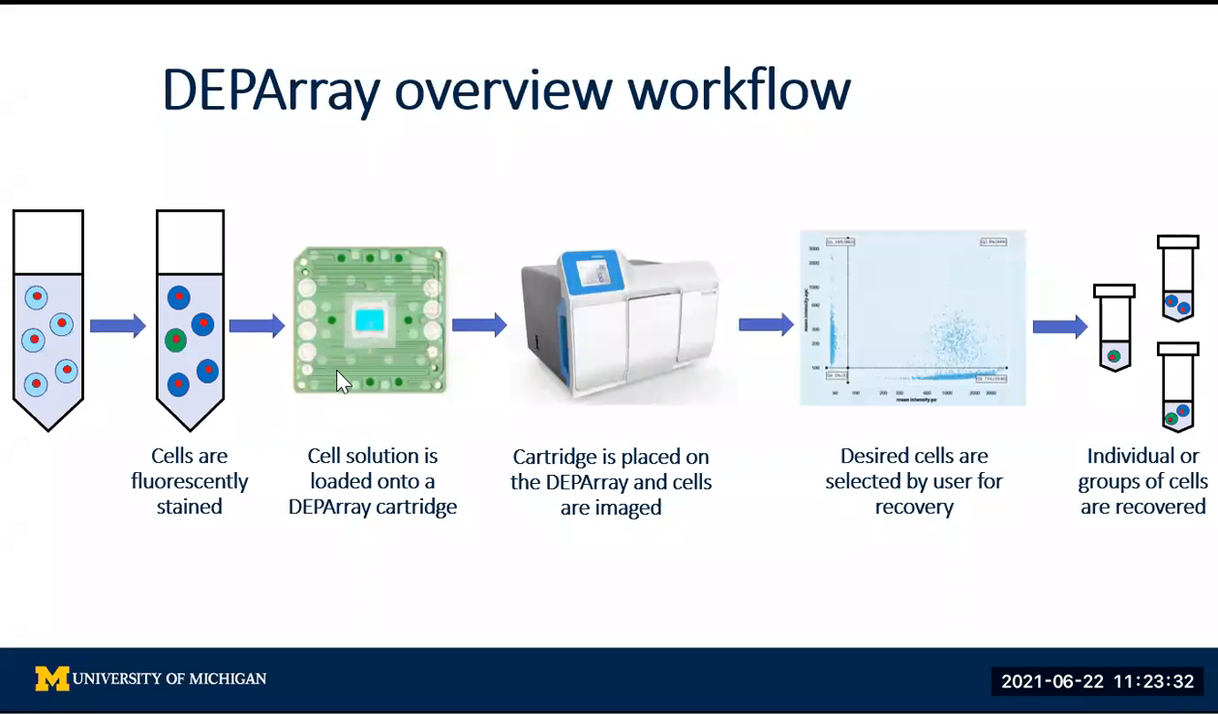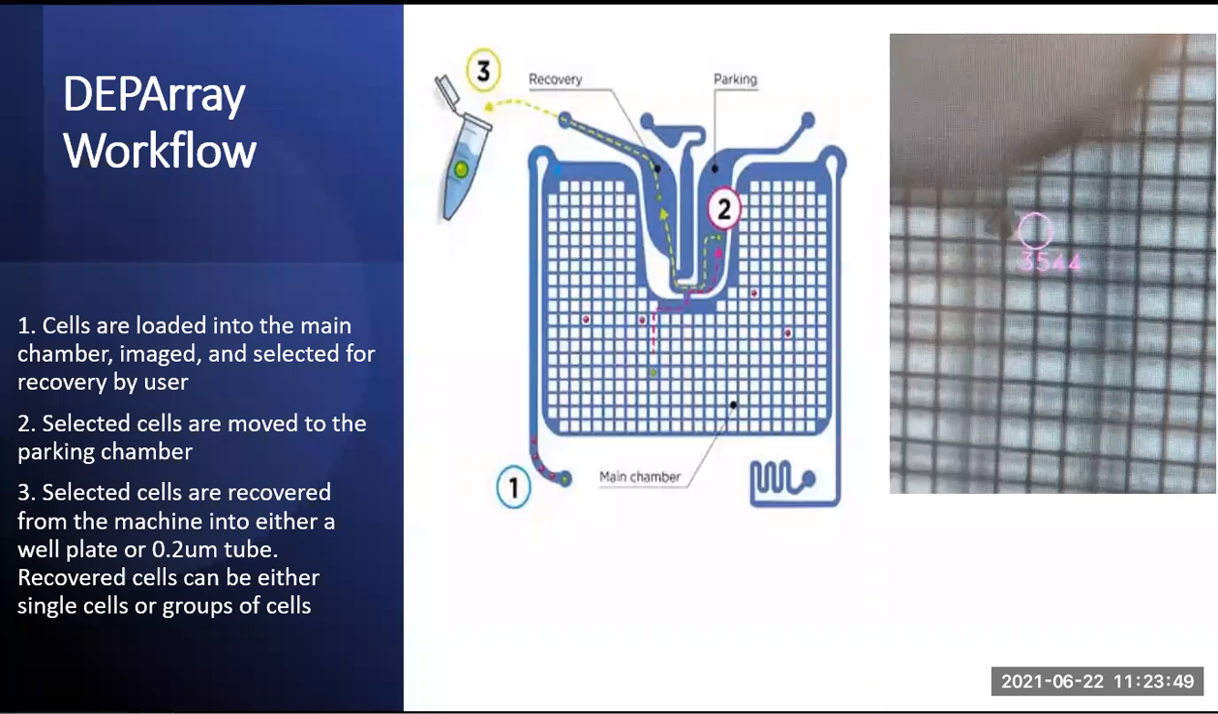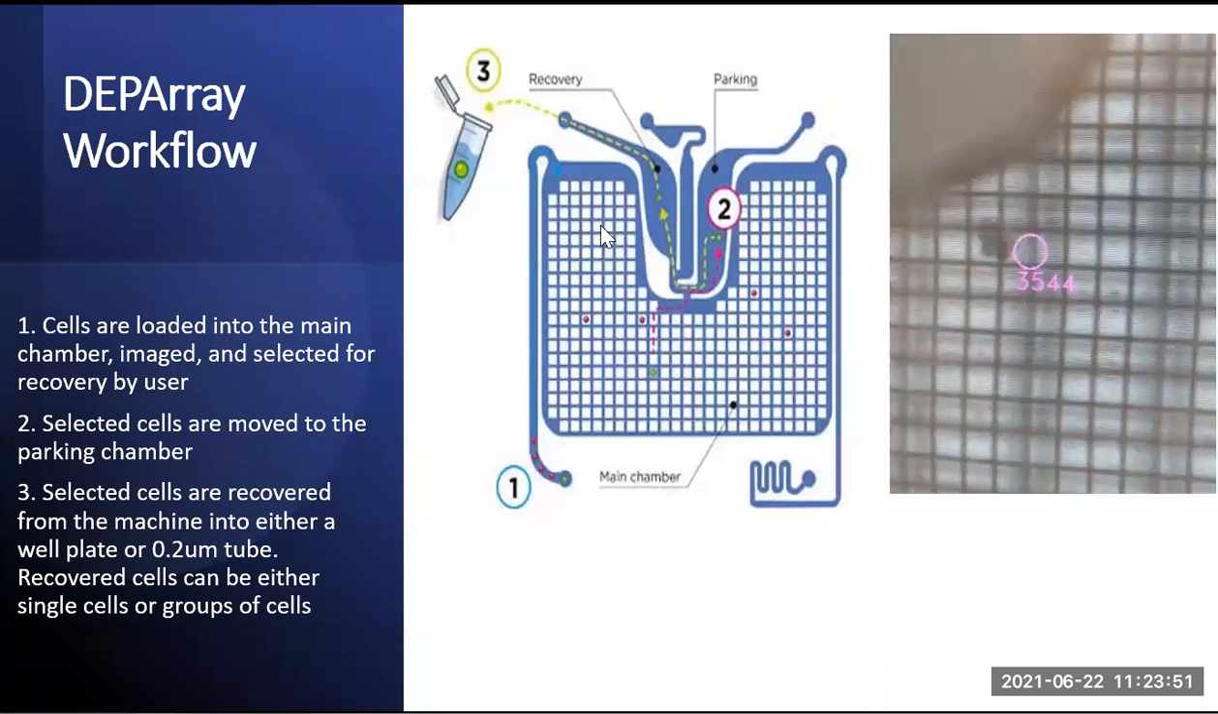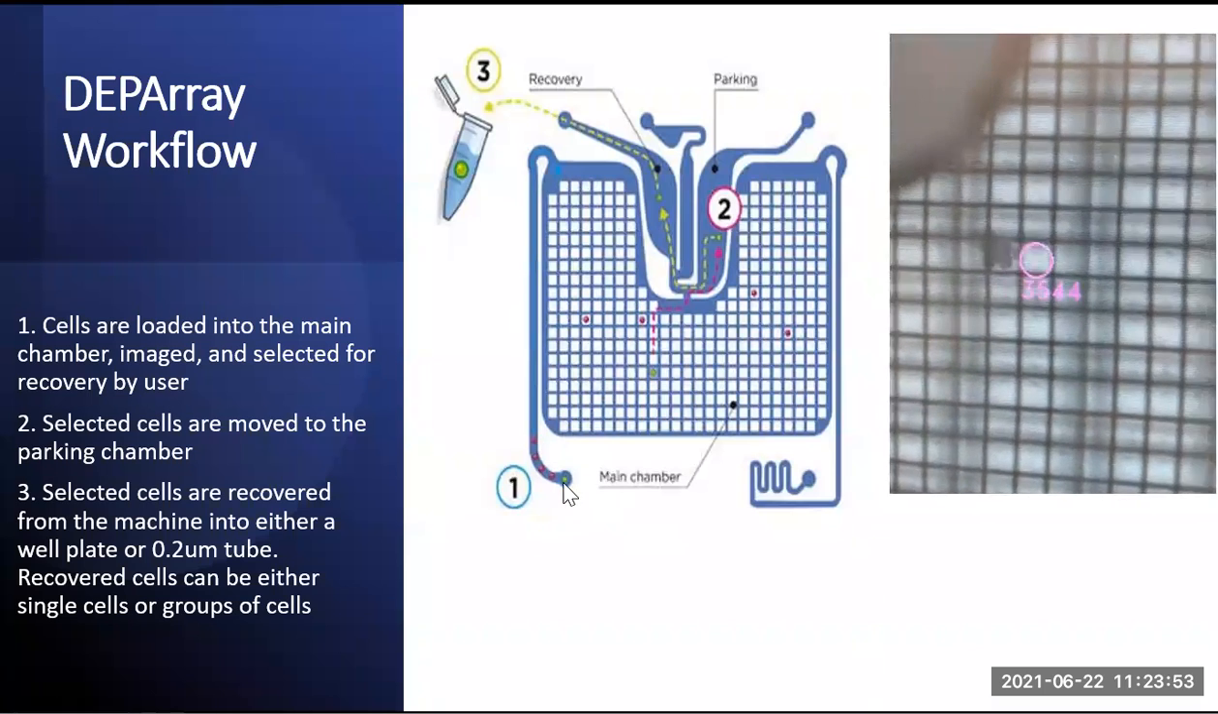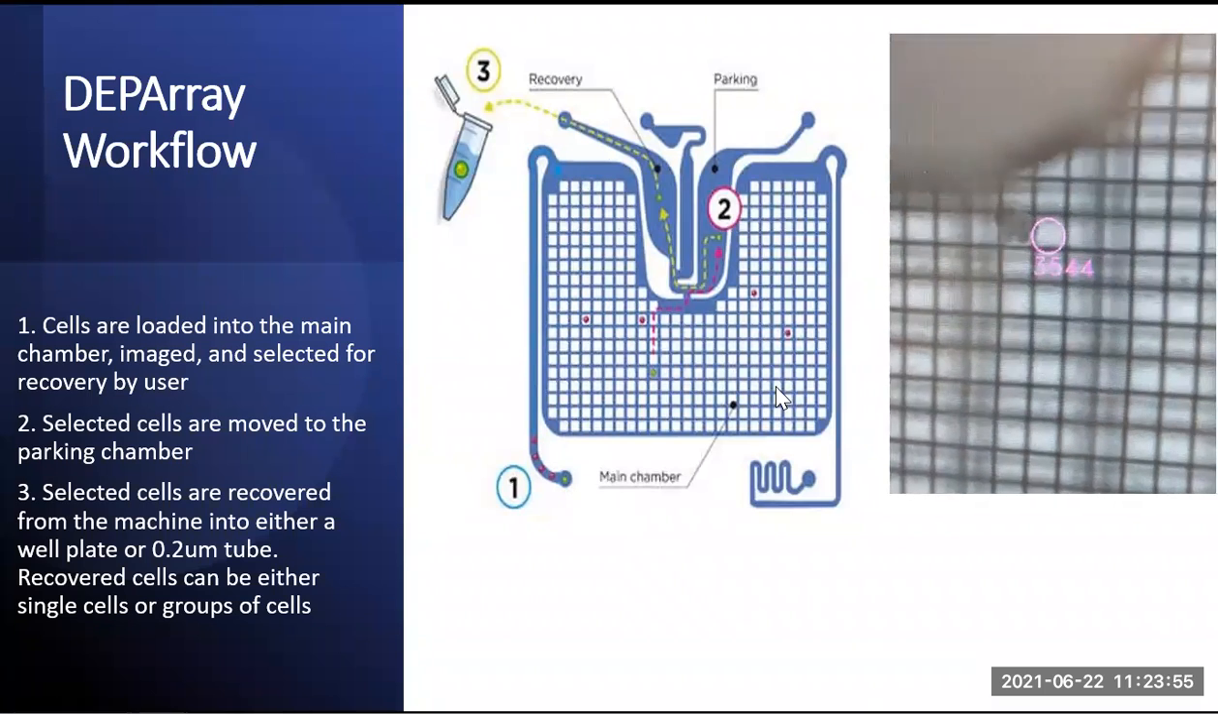This cartridge really works on the basis of dielectrophoresis. So they create the cages of these dielectrophoresis where the single cells are trapped, and then you can select the cells of your interest and then sort them into single cell suspensions, or whatever groups of cell suspensions you want. So how the DEPArray works is that you first load the cells into the main chamber, and